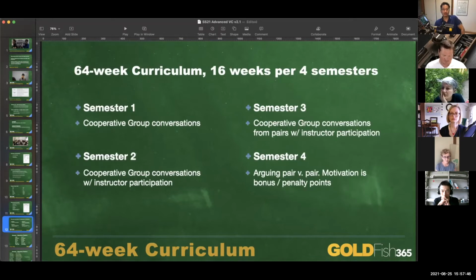So here you go, semester 1, semester 2, semester 3, semester 4, how I suggest that you actually split this up when I'm thinking of a 64-week curriculum. I think I'm only going to be able to show you the better parts of maybe the first 3 semesters, but it'll give you some ideas about what you can do if you start seeing other ways to use the seat switching method, the AQP drills.